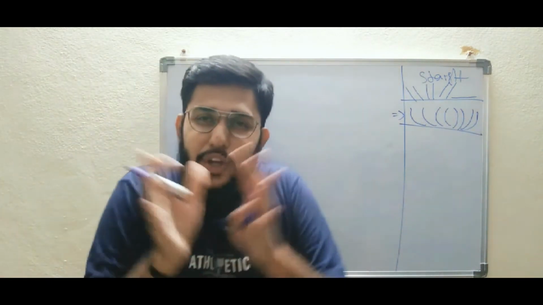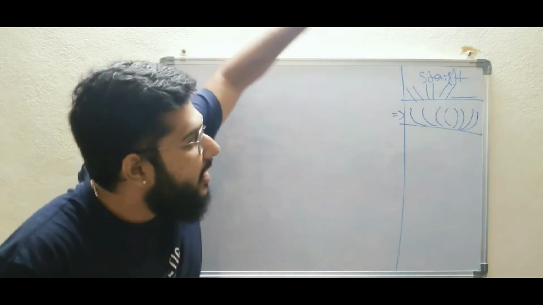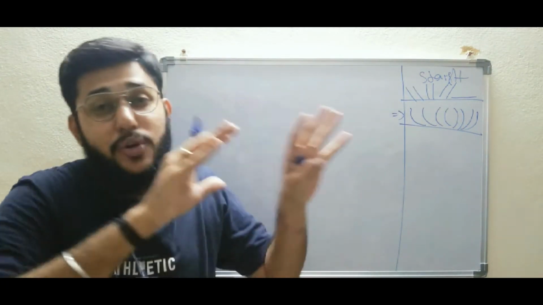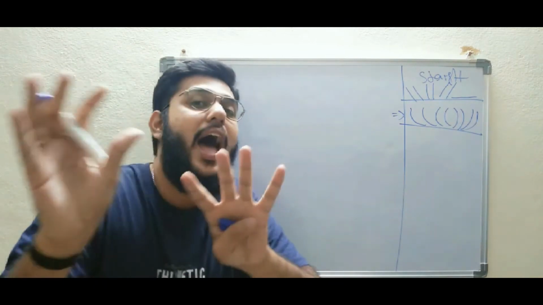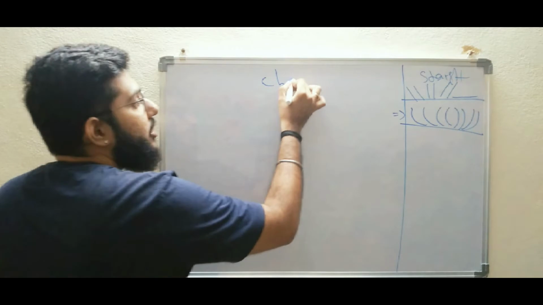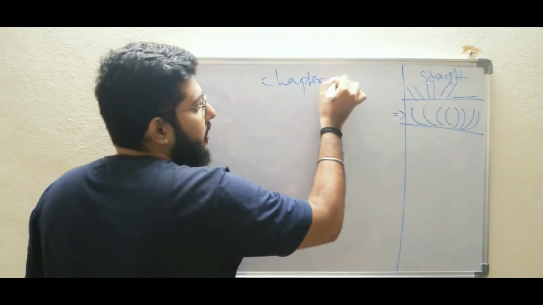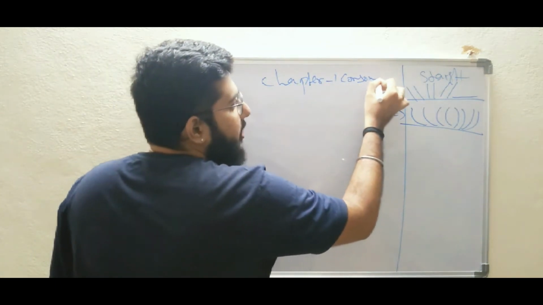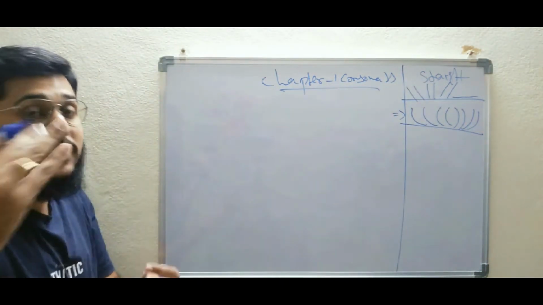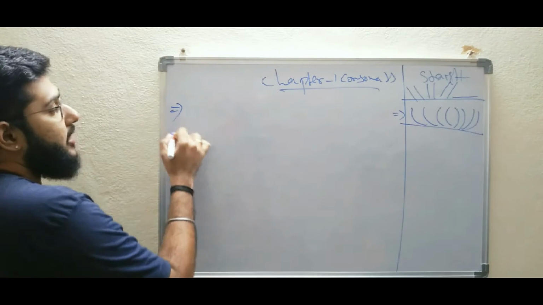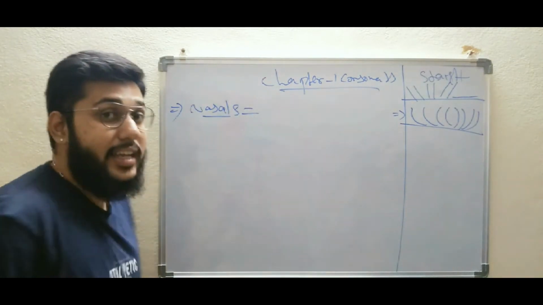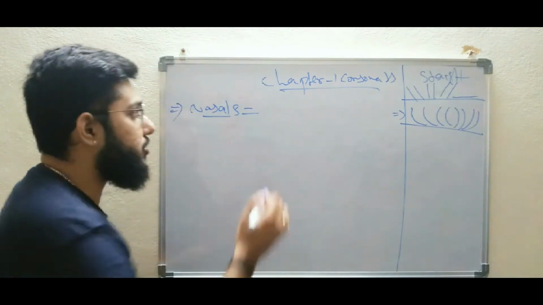My suggestion for you all: go through the straight strokes and the curved strokes, the 16 strokes, be perfect in session 1 and session 2, watch the videos and come back for this session 3, that is, Chapter 1, Consonants. After the 16 strokes, the next 3 strokes we call nasals. In nasals we have 3 strokes.